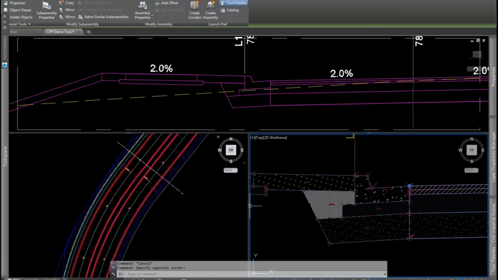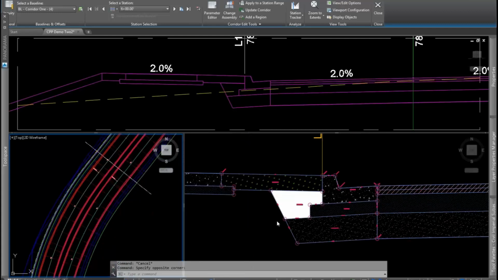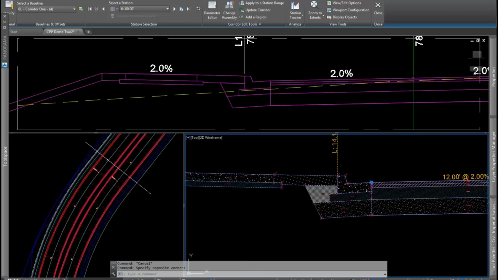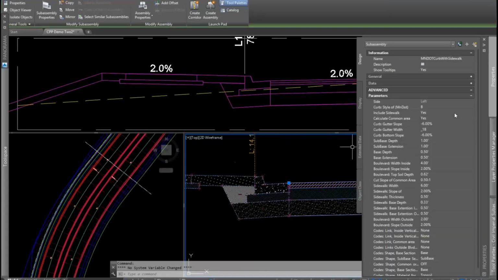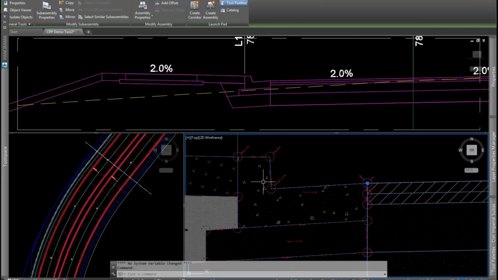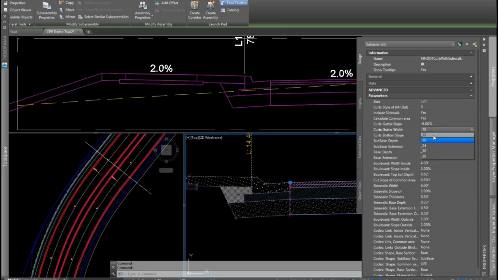So for example, let's go ahead and grab this, drag that over a little bit. So this is one subassembly. If I look at the properties of it, we've got quite a few options here. Let's just do some of this switching around that I was talking about. So we have V-type curb. Automatically puts it in there, right? I have S-type. And then of course I have the different sizes available of those curb types and adjust it